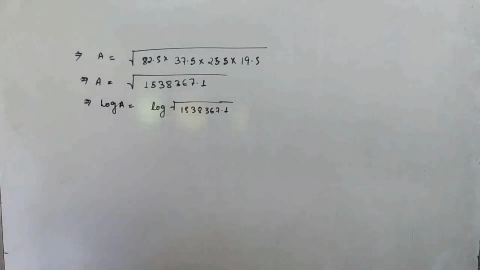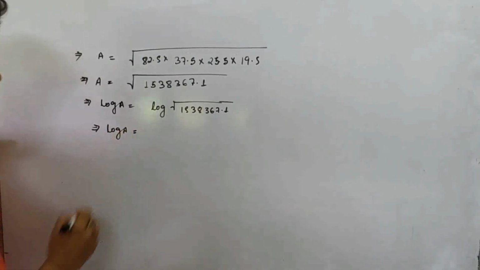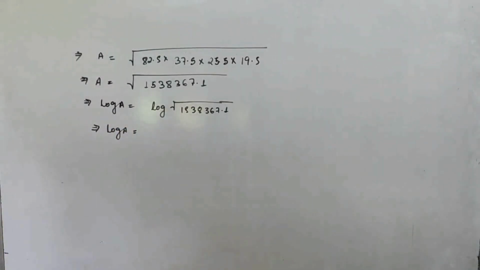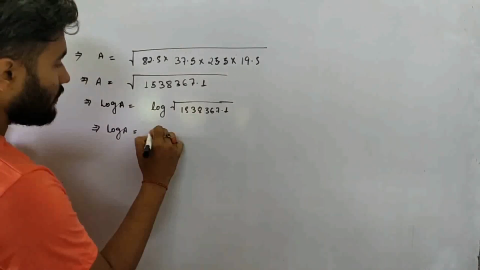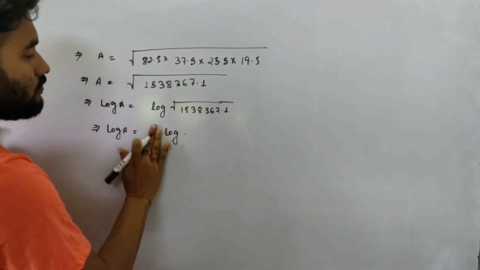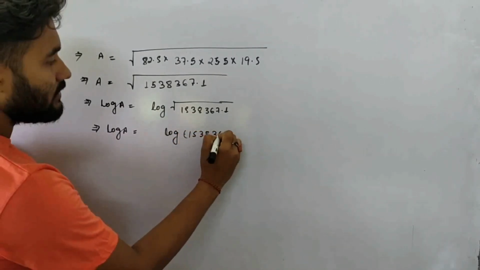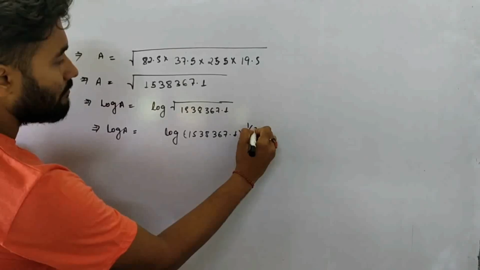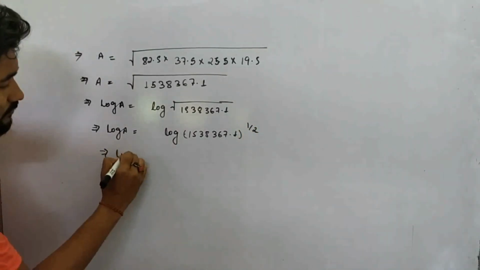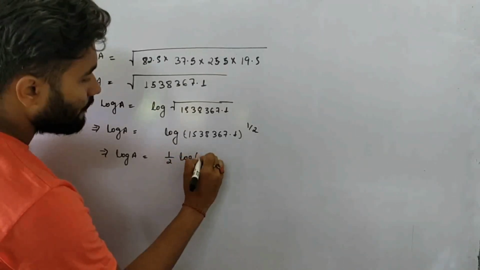Take it to exponential form, that is log of a. Log of a will be equal to what? Half of log of this will be what? To the power 1 by 2, right? So 153,837.1 to the power 1 by 2. So log of a will be equal to half log of,